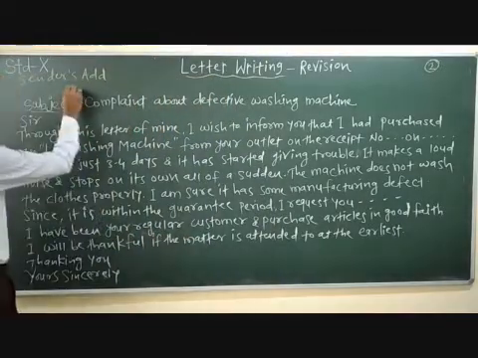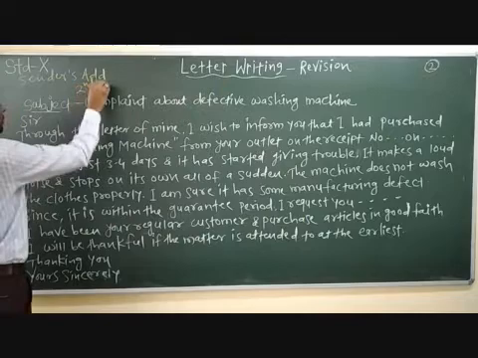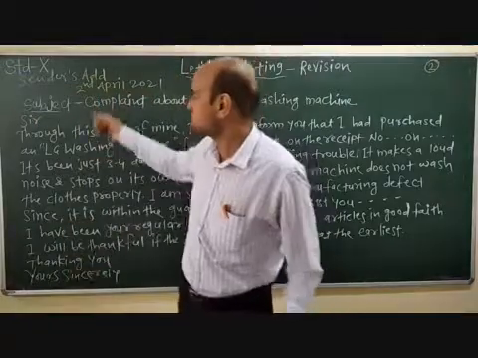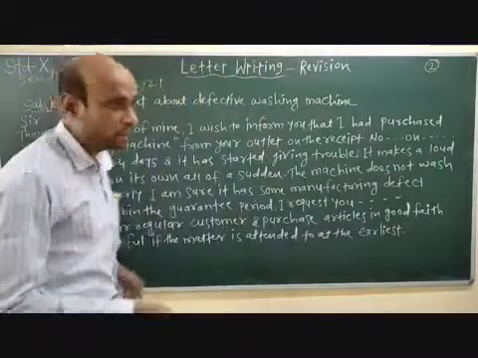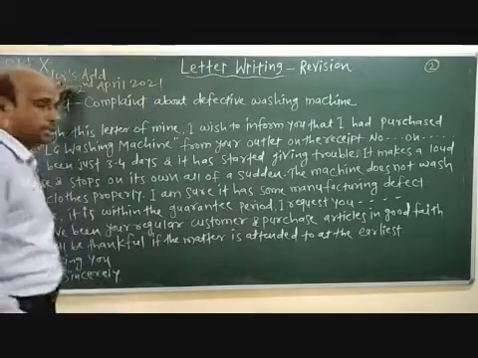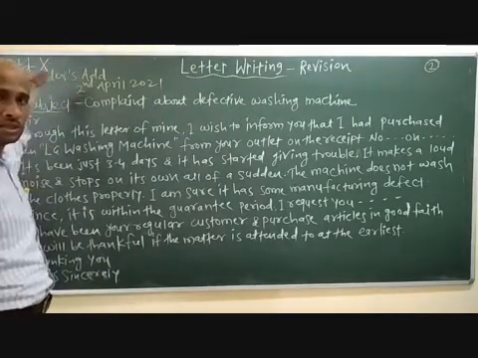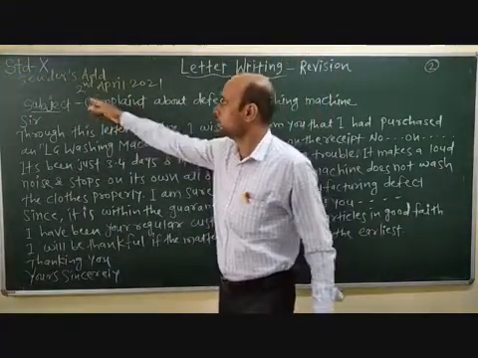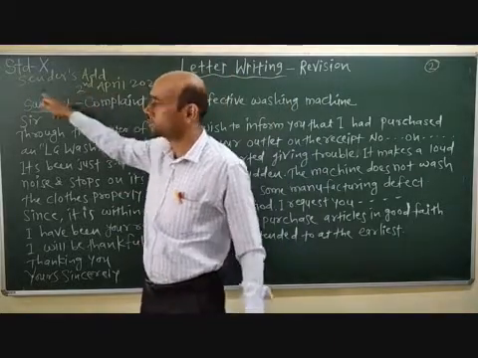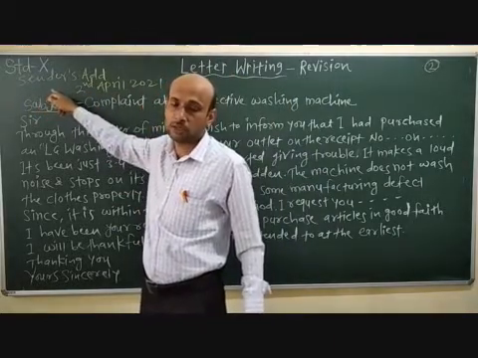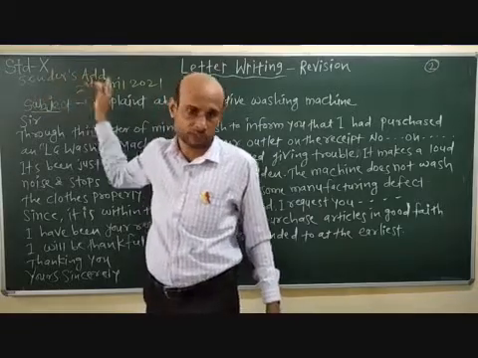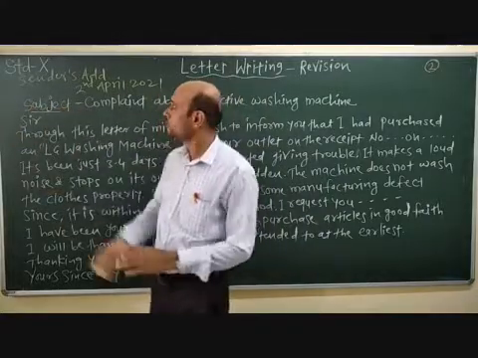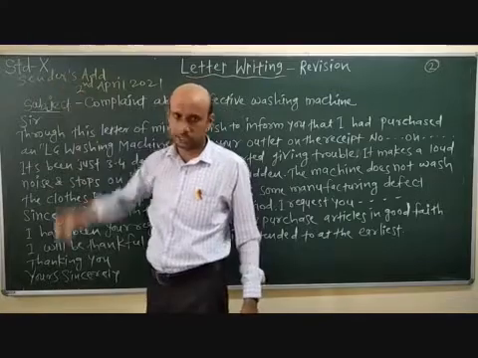Date, as I told you, always in this format: you will write the date, 2nd April 2021, whatever the date is. After the date, you will mention the receiver's address. After the sender's address, 1 line space, then the date, 1 line space, then the receiver's address. To whom are we writing? The sales manager. Then the next line, the name of the shop, Balaji Electricals Private Limited. Clear? And then the next line, Lajpat Nagar, New Delhi. So sender's address, date, and then receiver's address.